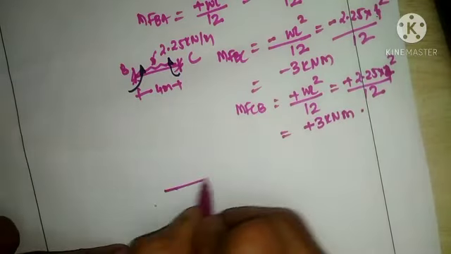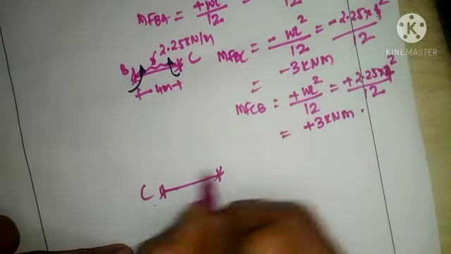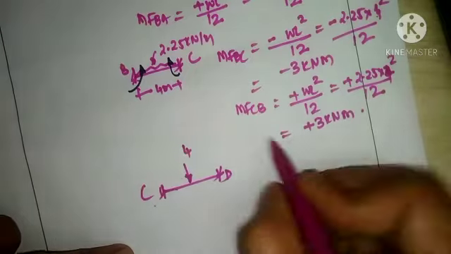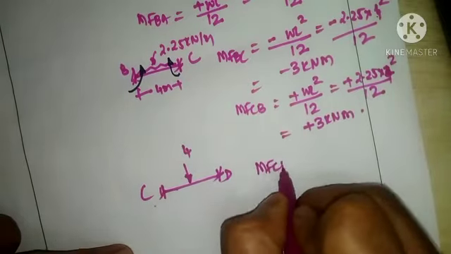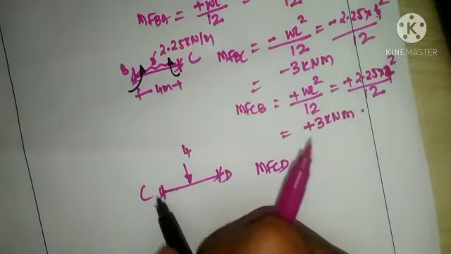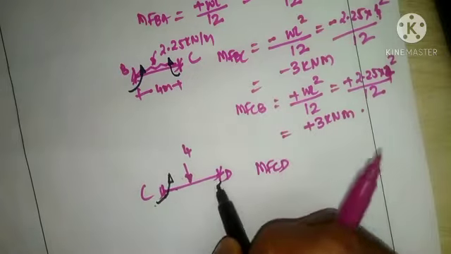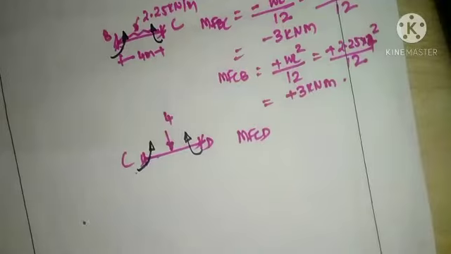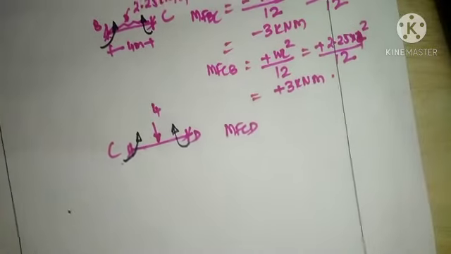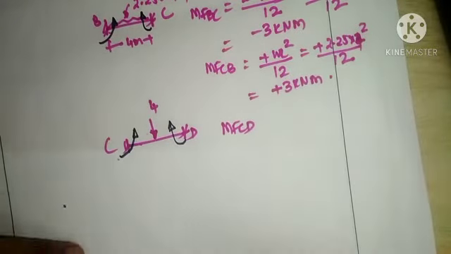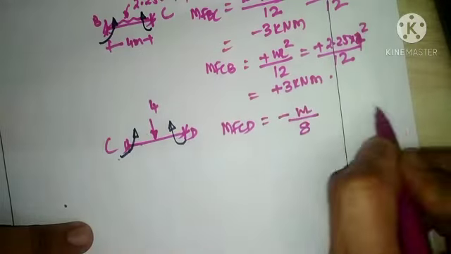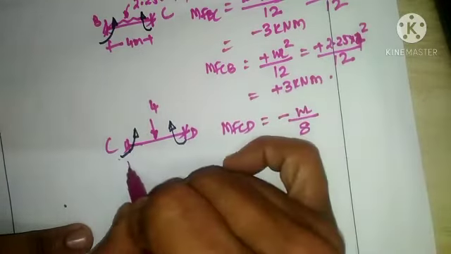Next is the last span C and D. C and D carrying a point load at the center, which is 4 kilonewton. So the formula for this will be MFCD. Now C will offer a resistance force in the anti-clockwise direction and D will offer a resistance force in clockwise direction. Anti-clockwise is taken as negative and clockwise has been considered as positive. So MFCD will be minus WL by 8,